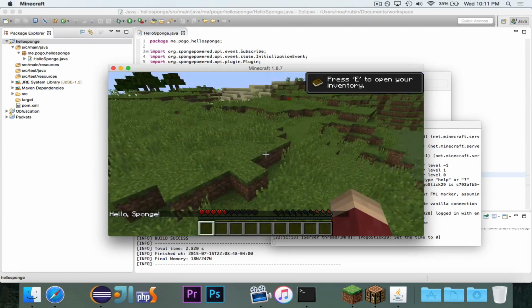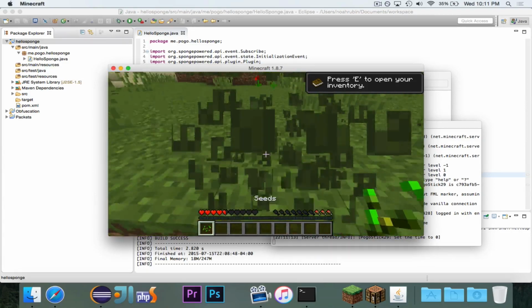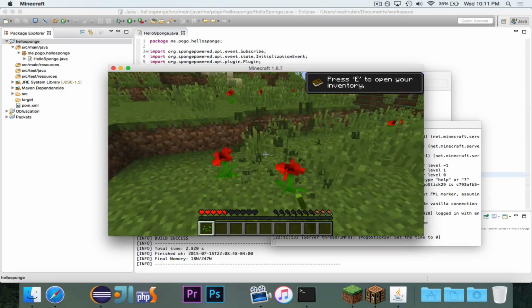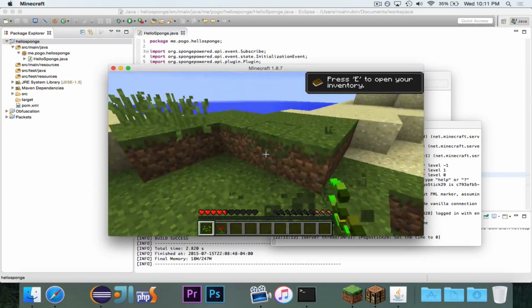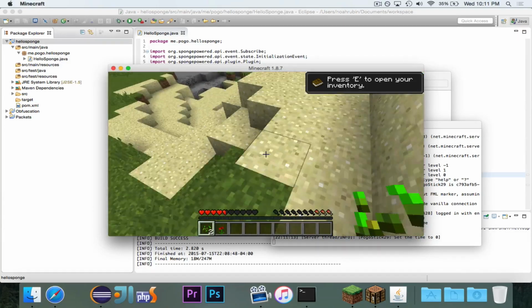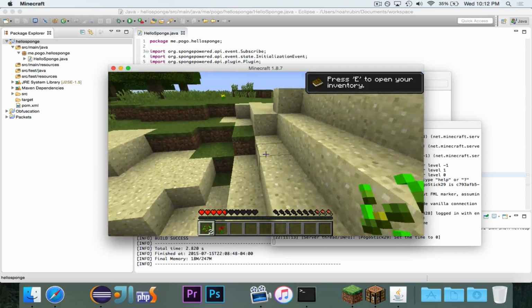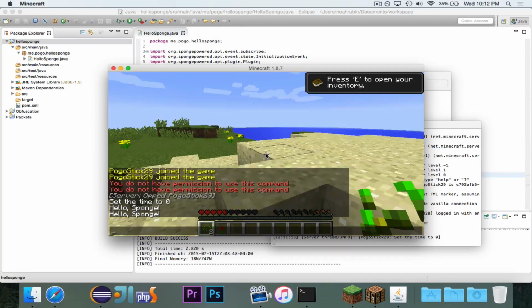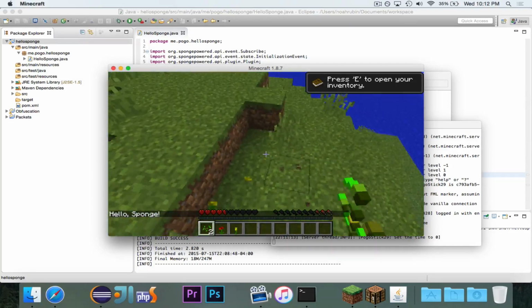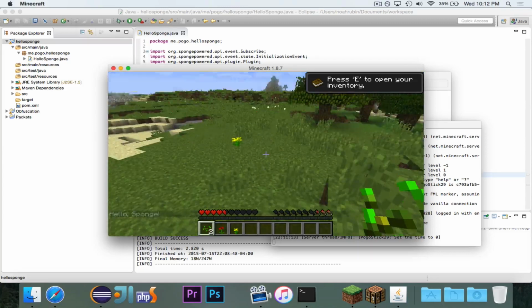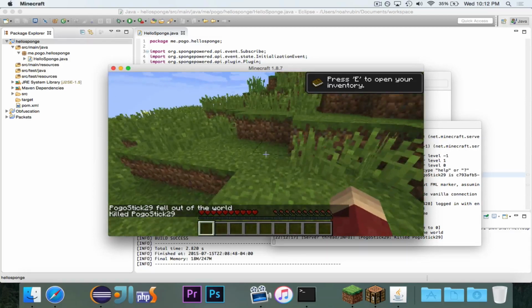You'll remember that I said when the server initializes, I want to register the hello command or Hello Sponge command to that executor that I wrote, and it did. It registered the command, and when I tried to run it, it knew where to find the implementation of that command, and it did it, which was just to send the message Hello Sponge and then return successful. We'll notice that if I do Hello Sponge, it did it a second time, because both Hello and Hello Sponge are registered. So you can have aliases in case people get confused about commands, or just have multiple ways of writing the command.